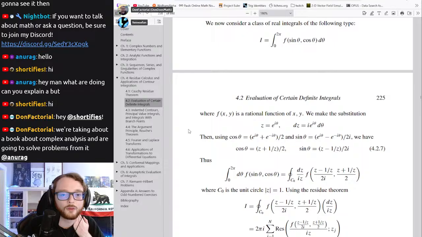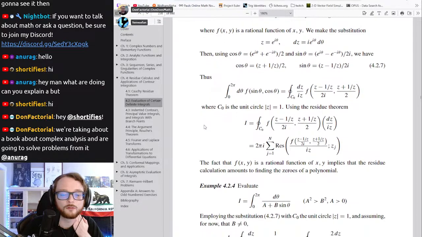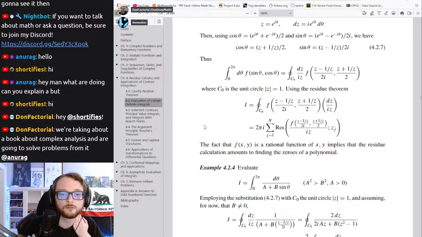Then we can do rational functions of sine and cosine from 0 to 2 pi. This substitution was kind of crazy, but it's cool how it works out. I couldn't follow the very last thing they said, where